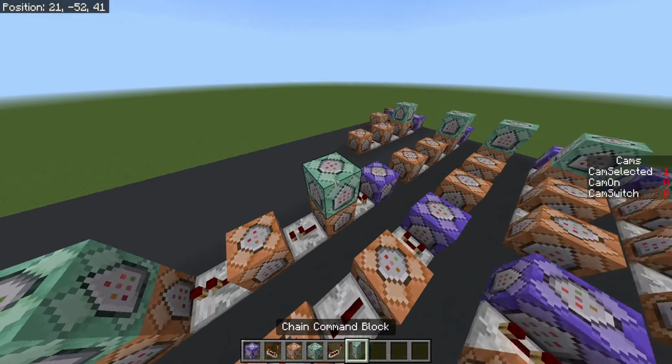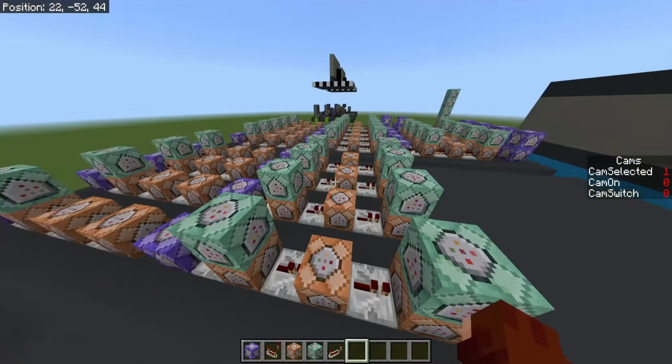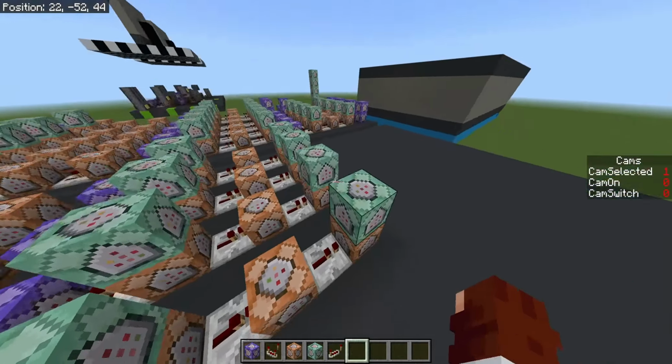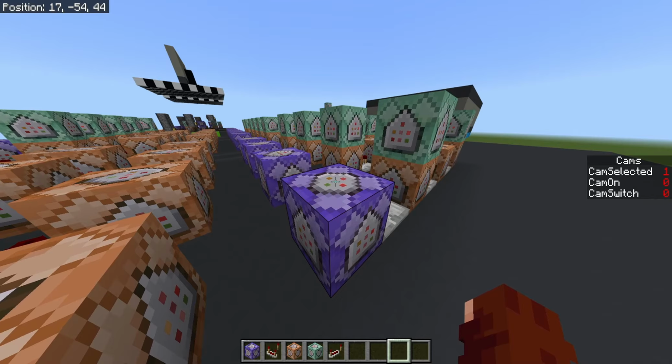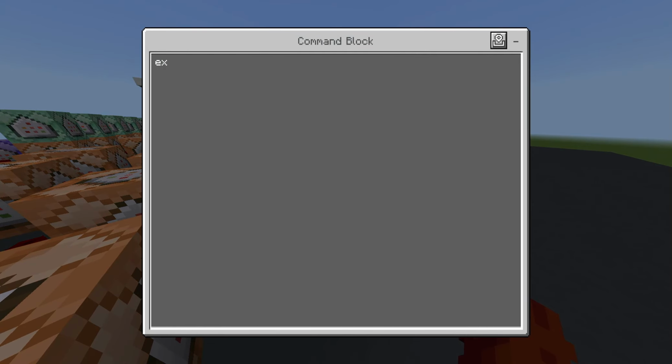And we're just going to be copying this block all across here, and that one all across here. They should be the exact same command, except this row is setting it to 1, and this one is setting it to 0. And now finally, inside of the repeating command blocks, we're going to set this to always active, and then we're going to type execute if entity